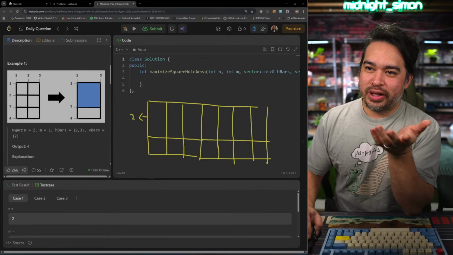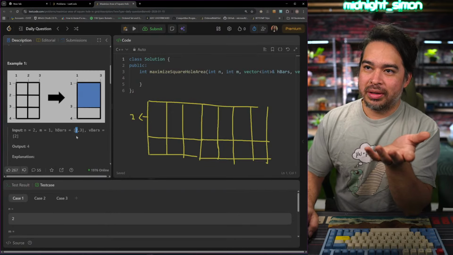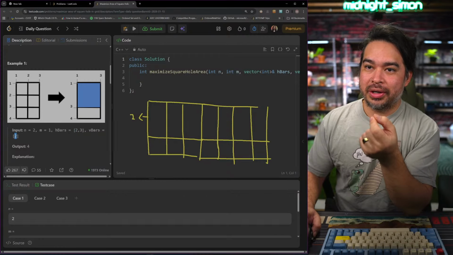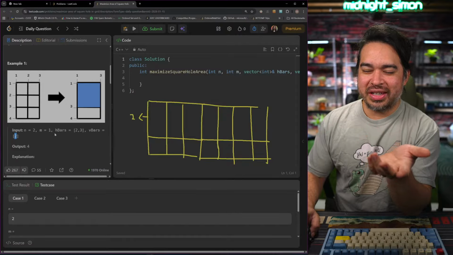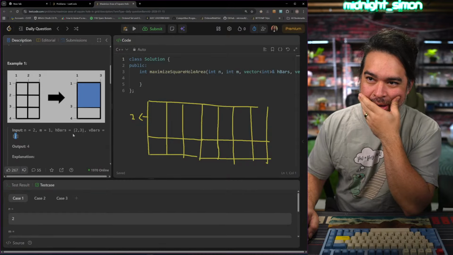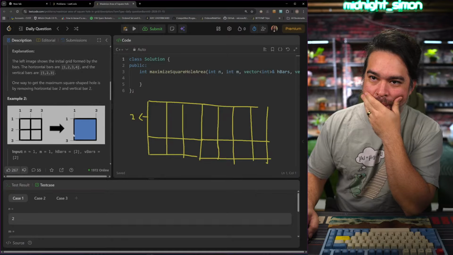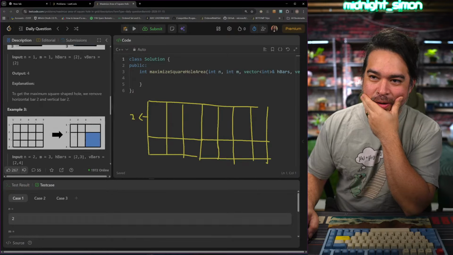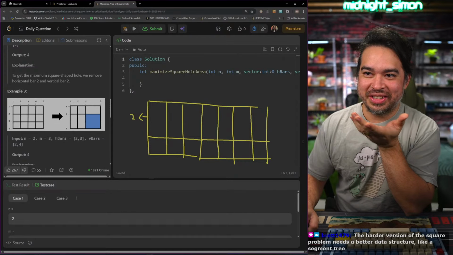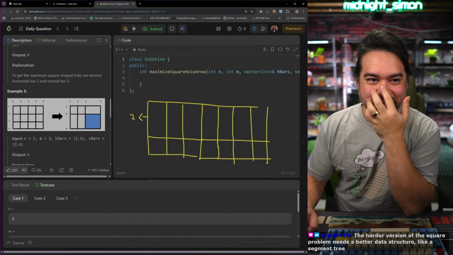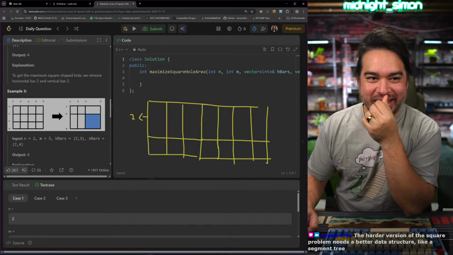All right, so if we can remove one bar here, anywhere that we remove this bar, we can make a square. Does that sound crazy? Why does that sound crazy? It doesn't look crazy. Wait, the harder version of the square problem needed a better data structure like a segment